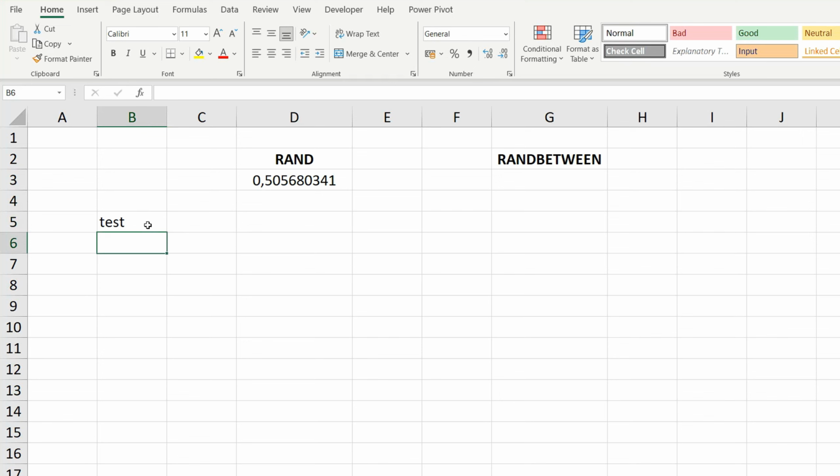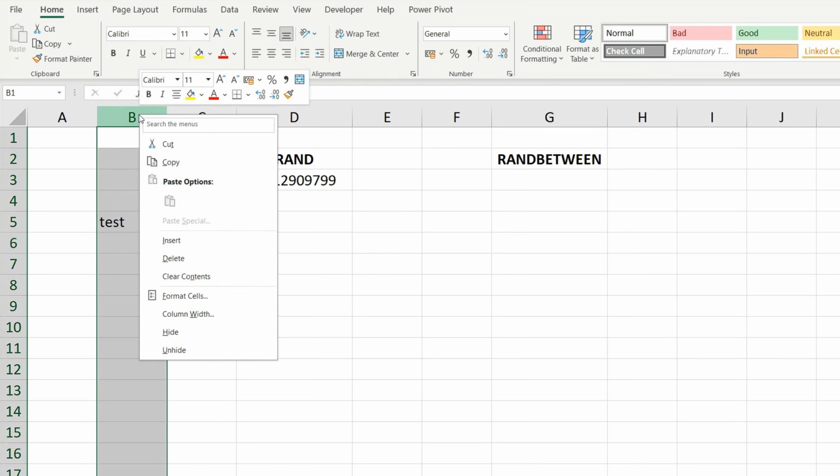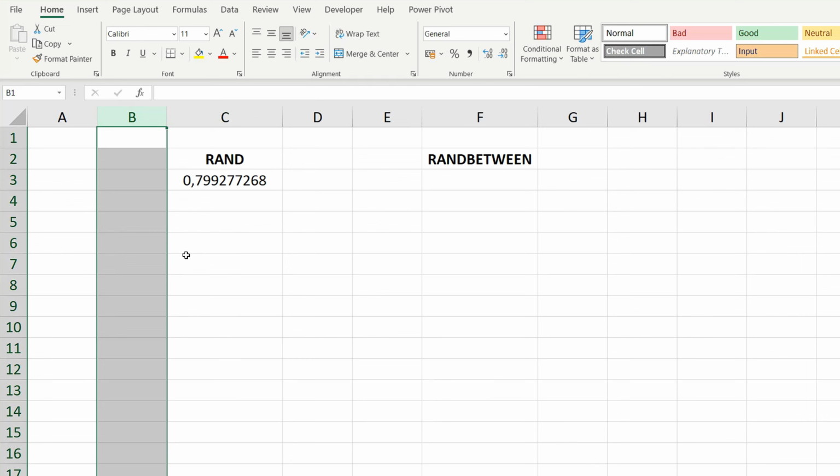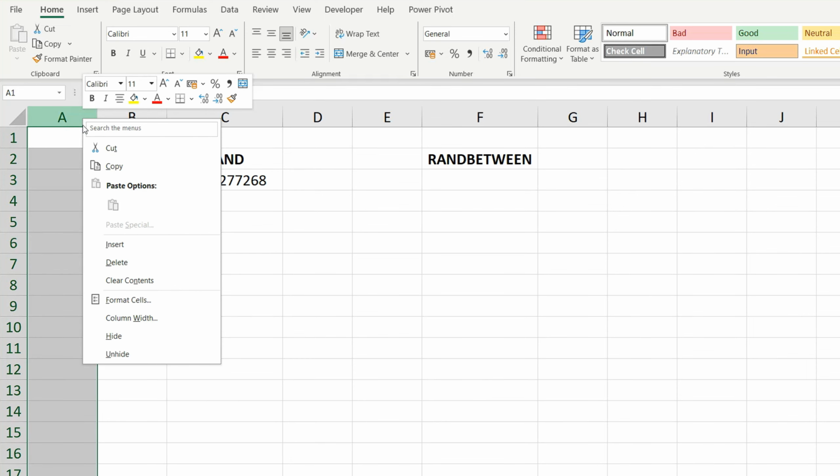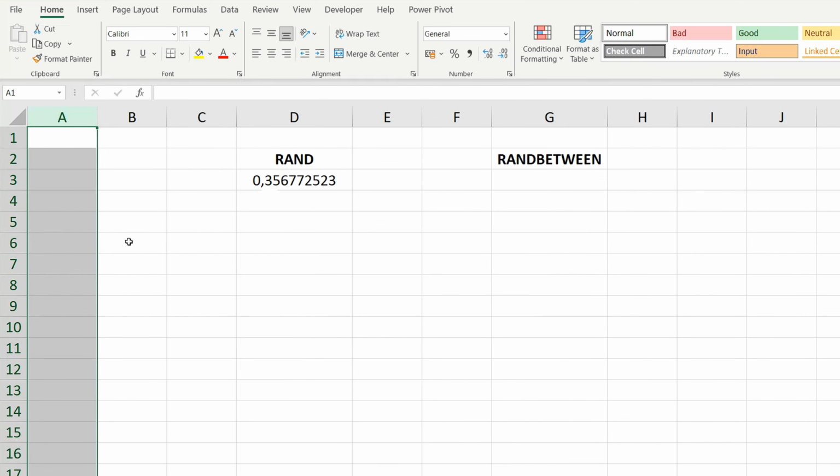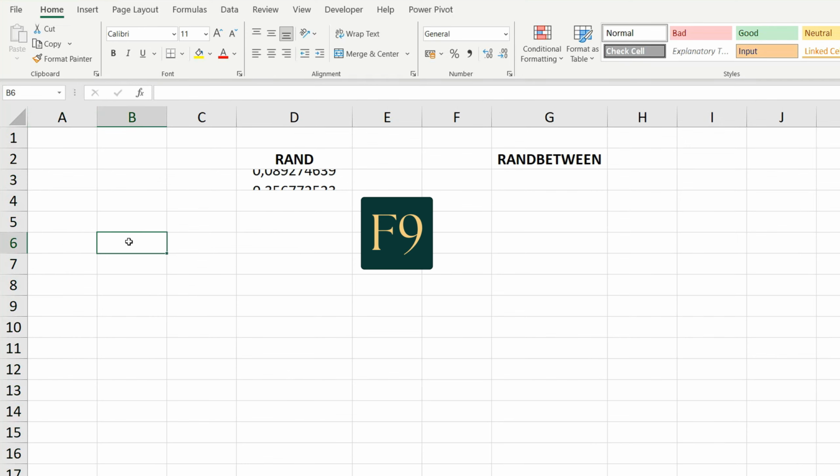This happens automatically when we insert a new value, when we delete a value, when we delete or add either a column or a row, and in general as we edit our workbook. In addition, we can manually recalculate the worksheet at any moment we want by pressing the F9 button.